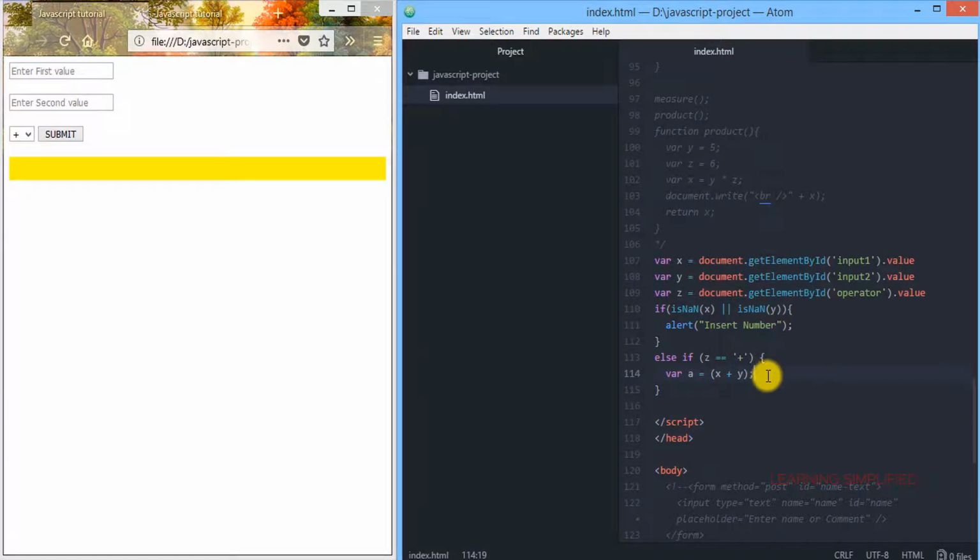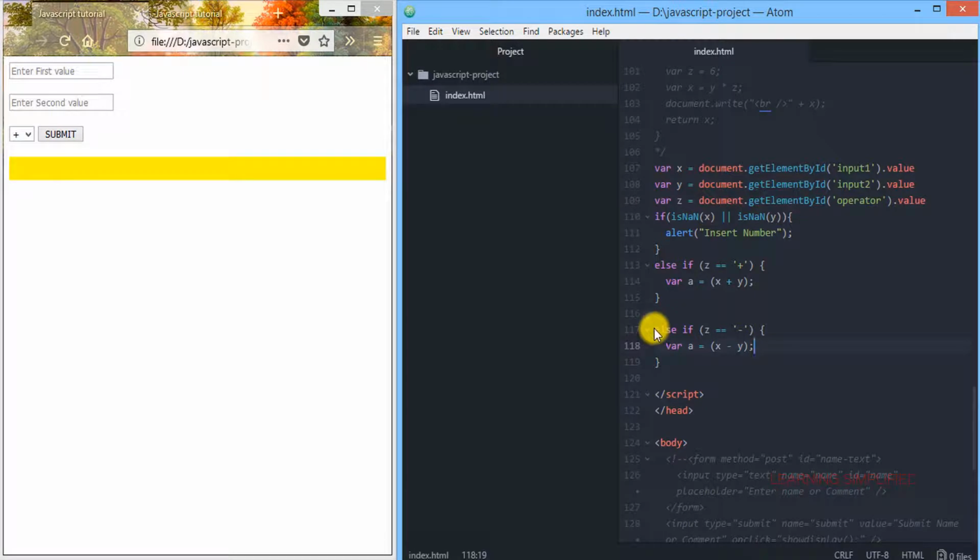So this will be our first case. Do not argue now, I know what you are thinking. Then comes the else if condition. If the retrieved value of the operator from the input operator is minus, then it will show you a minus value. First of all, create all those things.